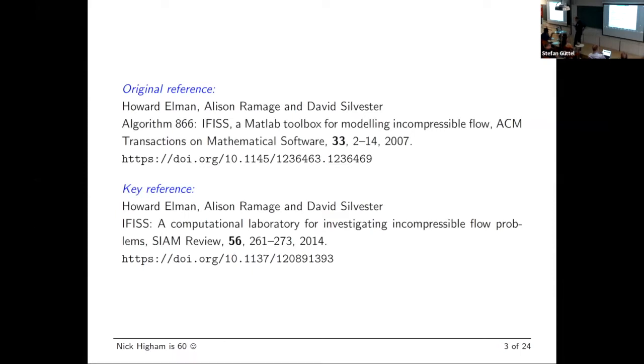The second edition of the book came out in 2013, and coinciding with that, I can see Des is sitting over there, partially responsible for this, SIAM Review introduced the idea of publishing software reviews. And I think, if I'm not wrong, this is probably the first paper which was actually a software review published in SIAM Review. So that was 2014. So I won't say anything else about the software. You can go and look at these two references where it's described.